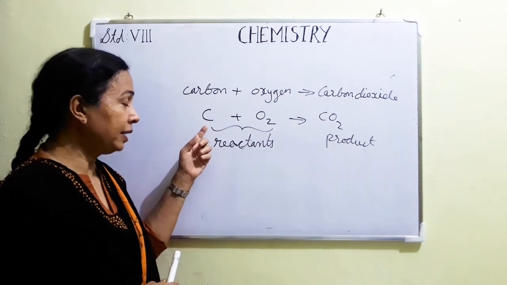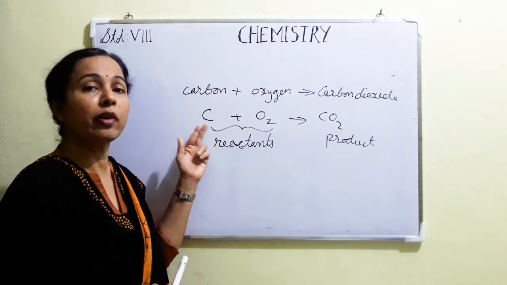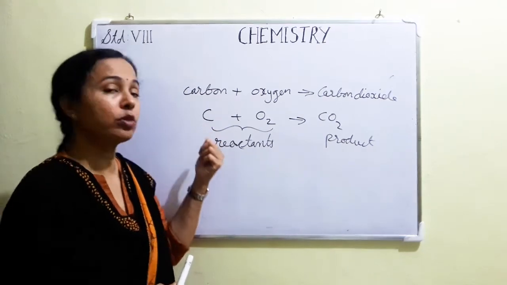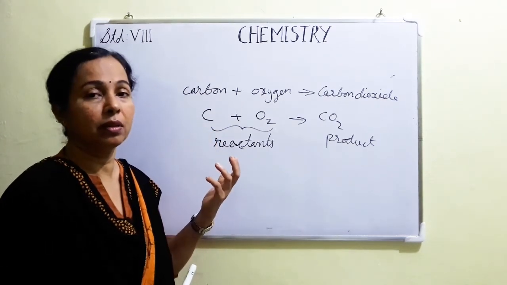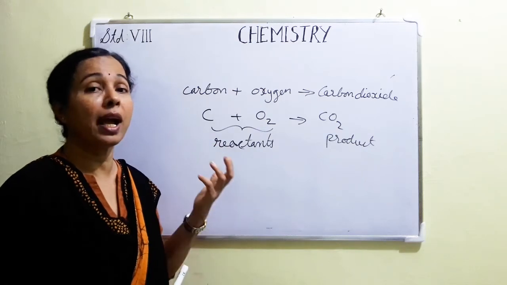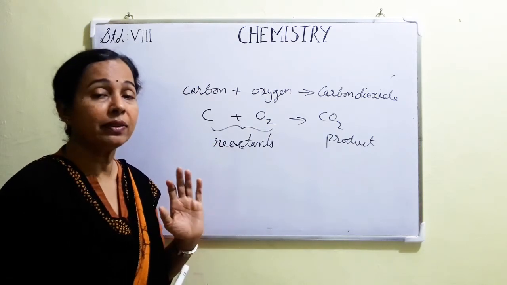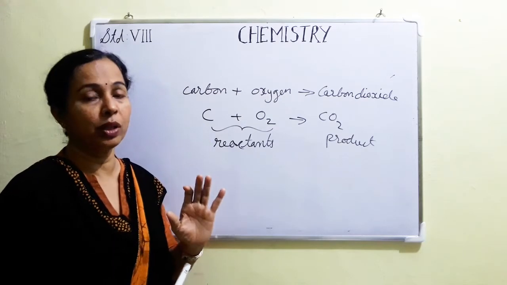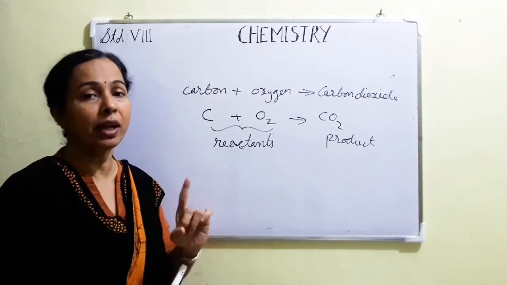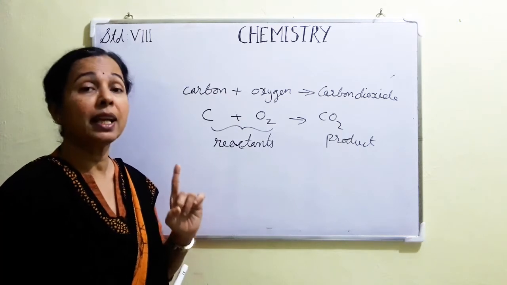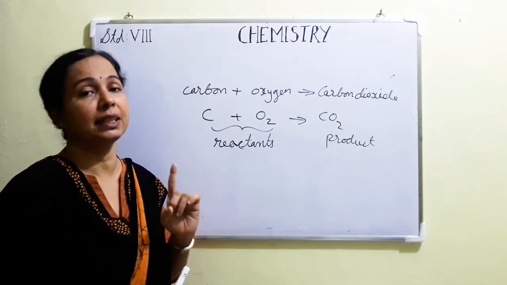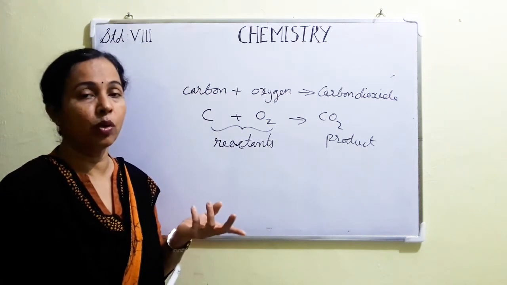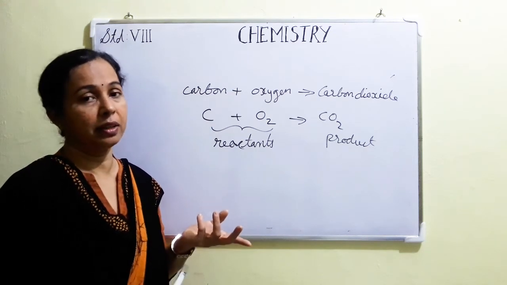Okay, so in that way we can say that this also I have written in the molecular form. This is actually the molecule of carbon. For carbon, the molecule and atom is same. Why is it so? Because it is a monoatomic molecule. One molecule contains only one atom, or we can say carbon's atom can exist independently. That is why it is forming a monoatomic molecule. One molecule contains only one atom.